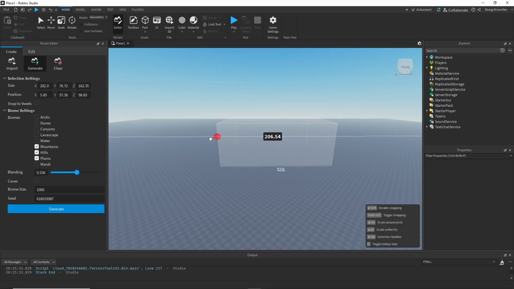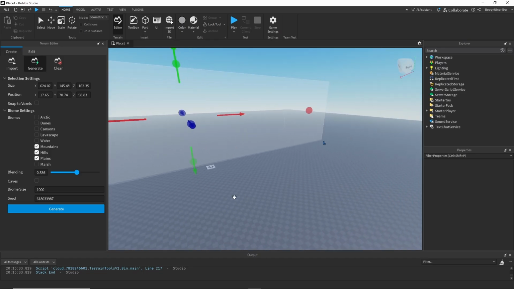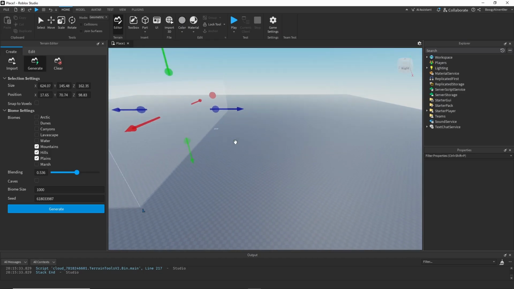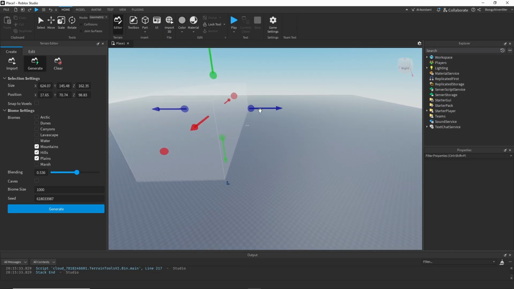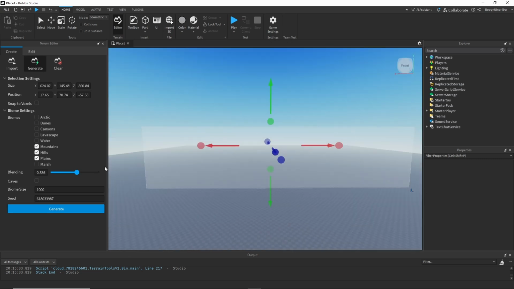So I'm going to make it quite large, and we're going to make it quite high as well, so it gives enough space to generate all the terrain we want. So I'm going to move around here so I can grab from the side here. Let's have it take up a big giant area here. All right, so once I have the area selected that I want the terrain generated in, we go back here